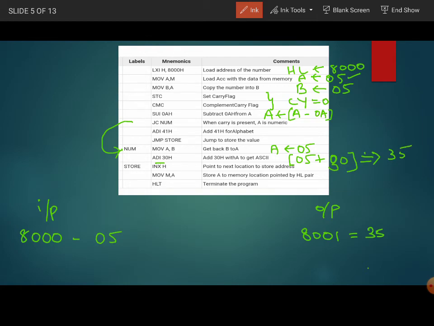The content of the accumulator is 05 and 30 is the immediate data present in the instruction. So 5 plus 30 is 35, and the result is in the accumulator register.